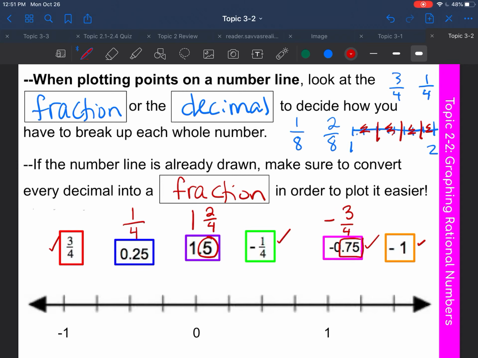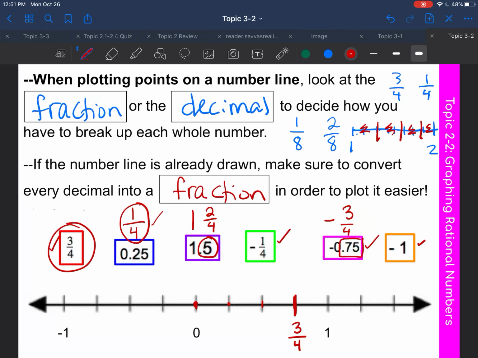So let's graph these values on this number line below. Let's start with 3/4. On this number line, we see 0. Well, this first dash would be 1/4. This next dash would be 2/4. This next dash right underneath is 3/4. Then 25/100ths, which is 1/4. You can write 25/100ths, but again, I like making them a fraction because it's easier to plot on the graph,